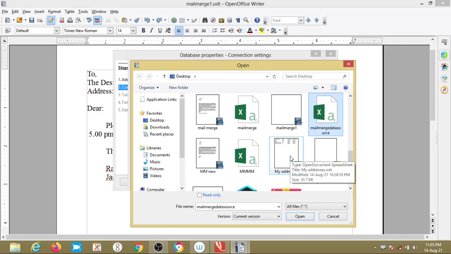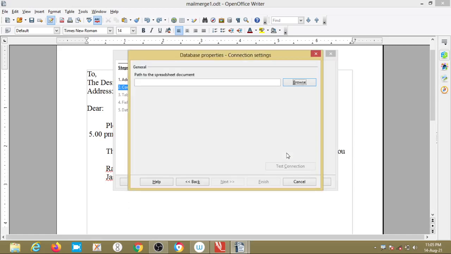We have to select that one. Then after clicking on it, it will appear here. Clear?